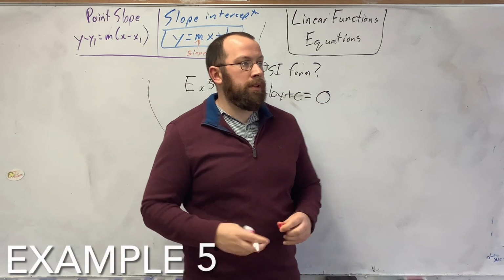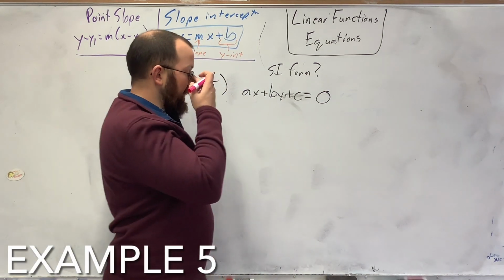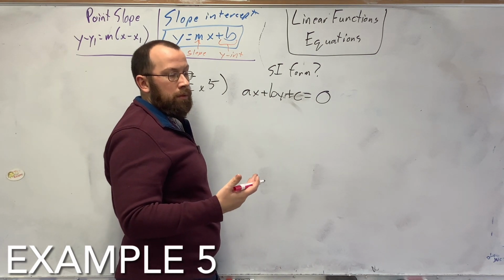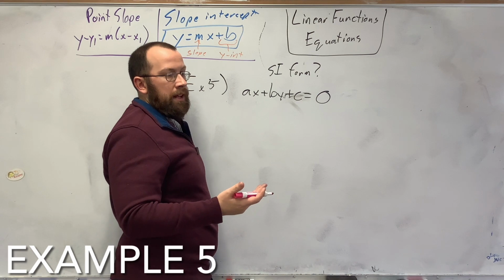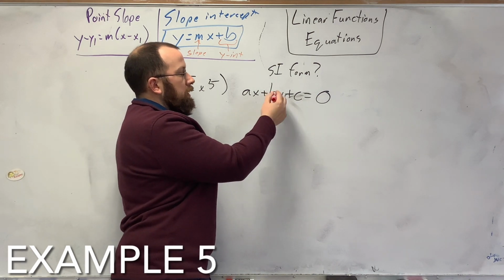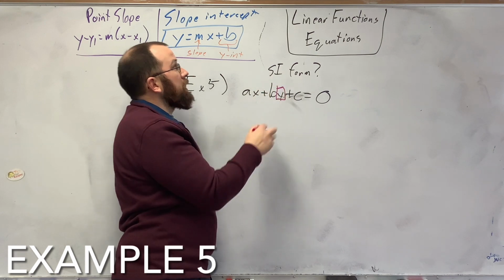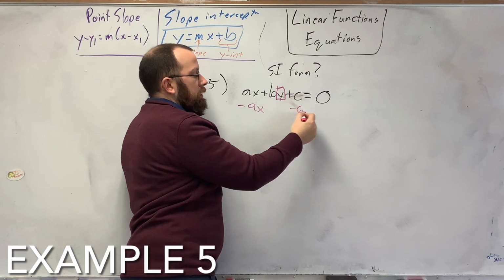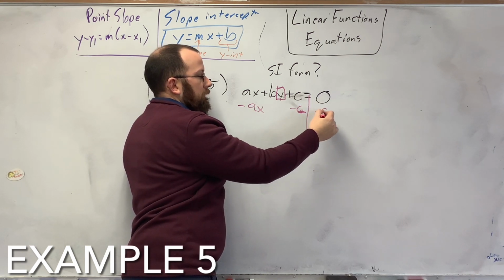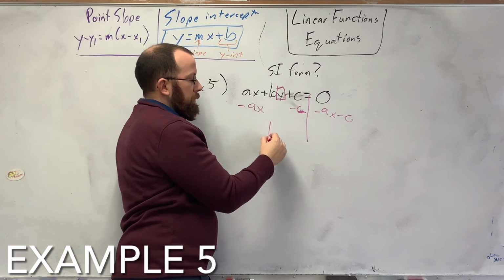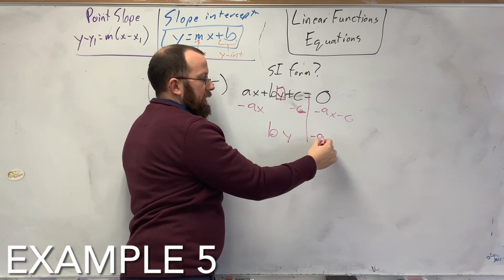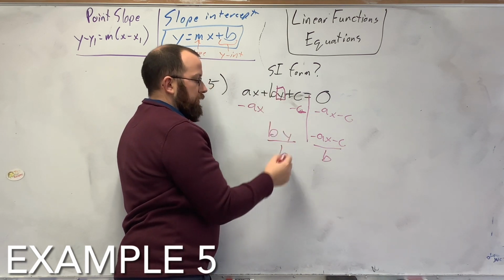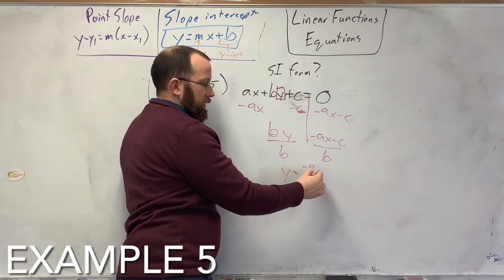All right, and here's the last one. This is more a literal equation than anything else, so I'm just going to solve for the y. If you remember what a literal equation is, you solve for letters and not actual numbers. So I want to solve for the y here because I want it in my slope-intercept form. So I'm going to subtract the ax and the c to the other side. So I get by equals negative ax minus the c. Now I have to get rid of the coefficient in front, which is a b,